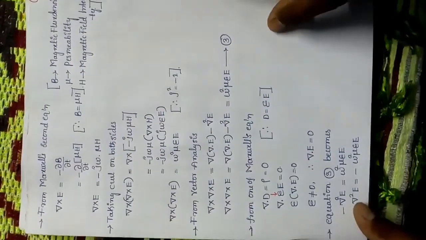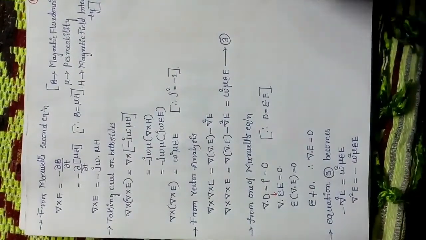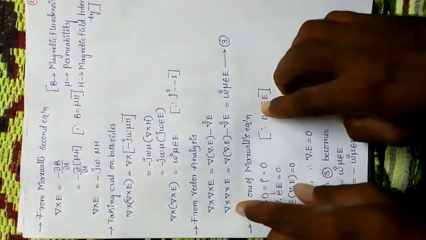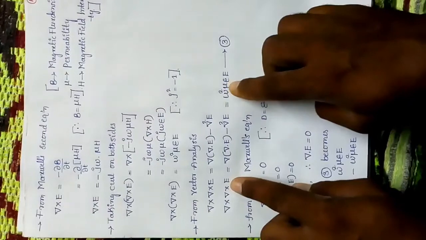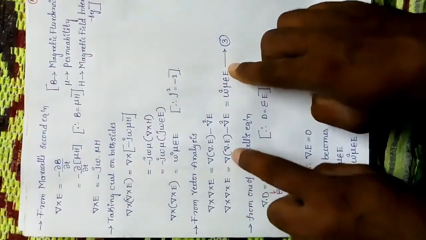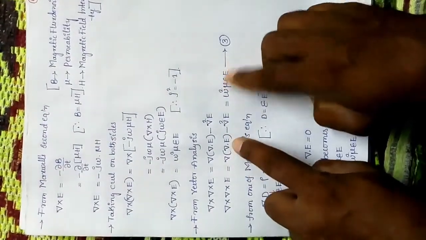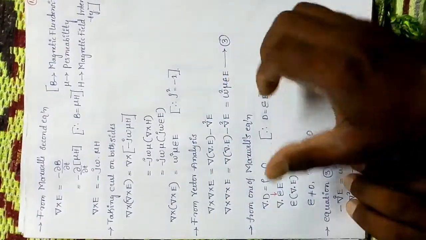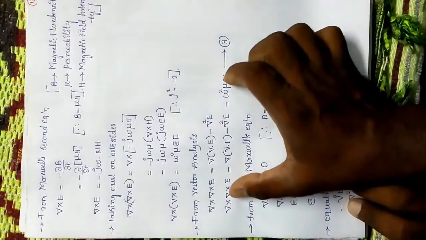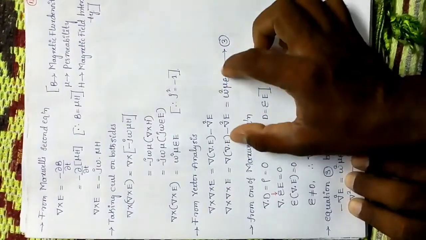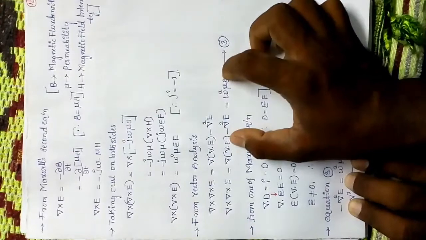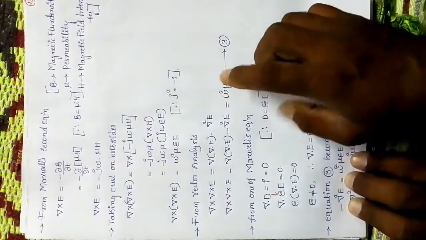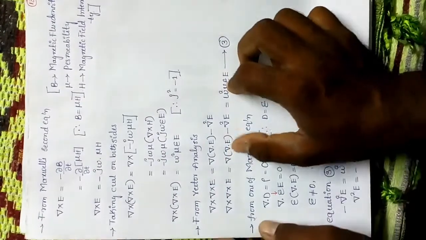Okay, just see, the equation 3. What is equation 3? Del cross E is equal to omega square mu epsilon E, or del into del dot E minus del square E is equal to this one. Whatever it may be, you take your chance. This is another equation, and this is another equation. I'm taking this one only: del into del dot E minus del square E is equal to omega square mu epsilon E. I'm taking this term. So in this equation,